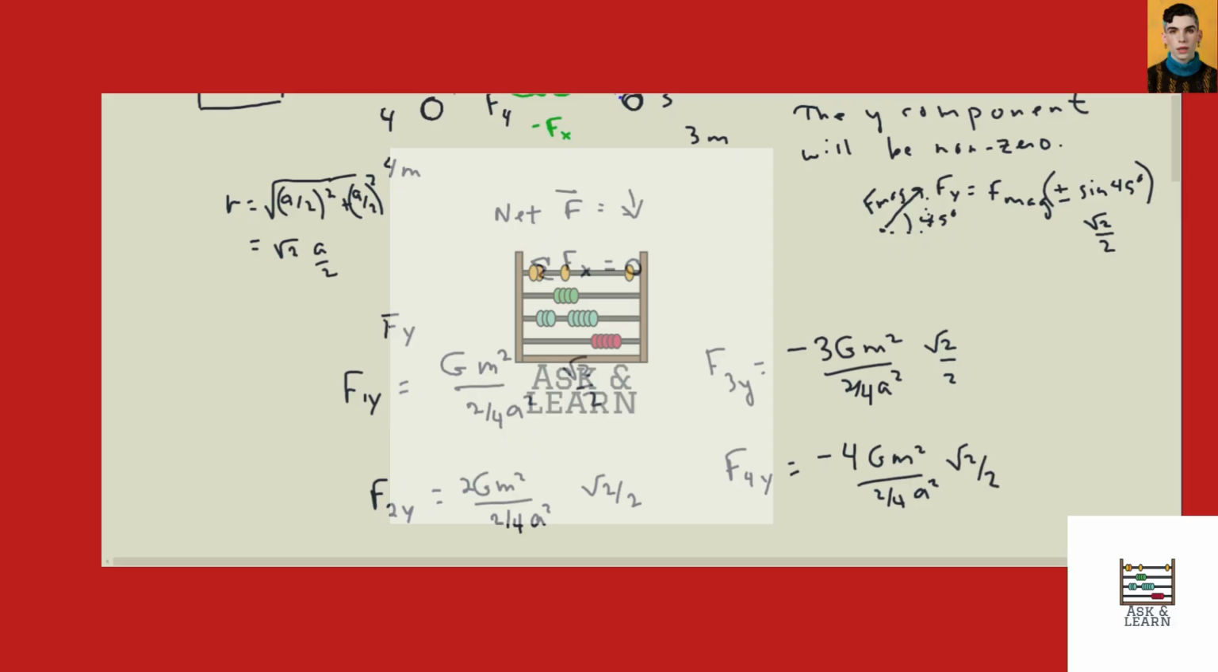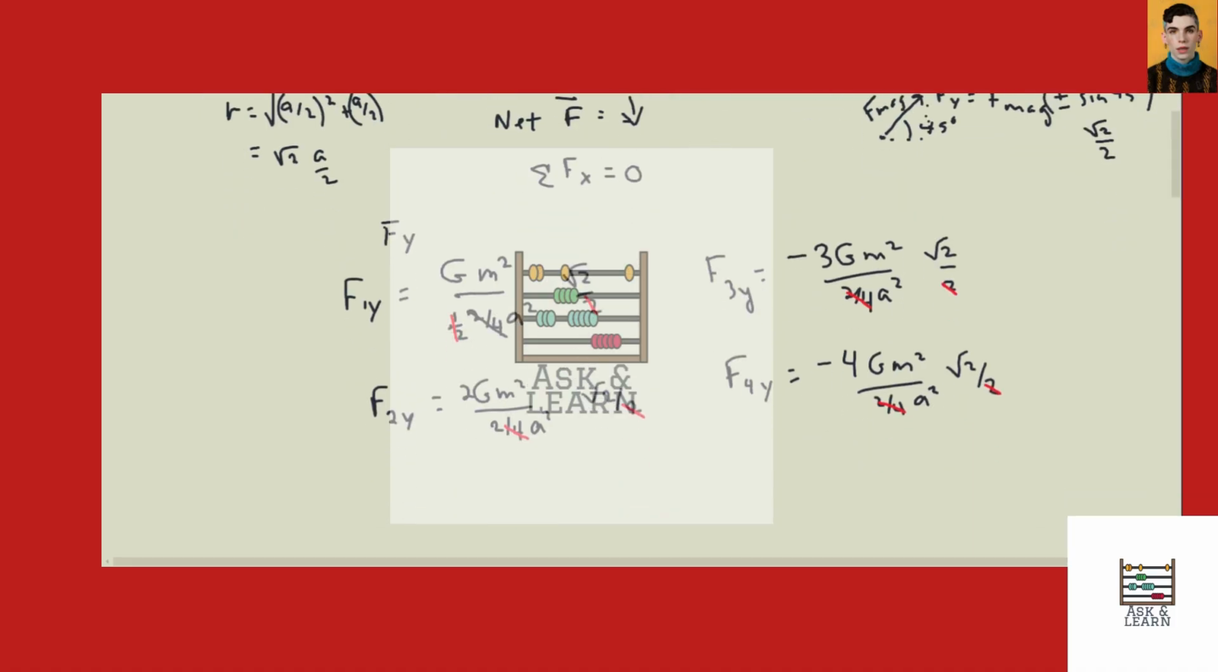And I see that I can simplify all of these. The 2/4 a squared is really the same as 1/2. And the 1/2 cancels the 2 in the square root of 2. So we can simplify things down just a little bit more. And so finally, the sum of all the Fy's